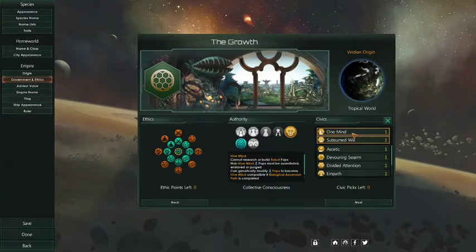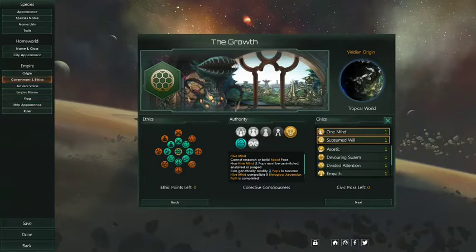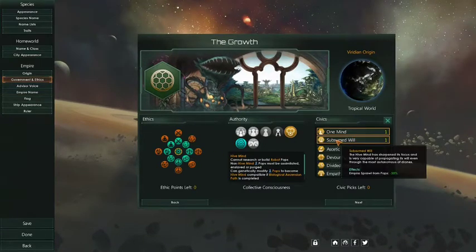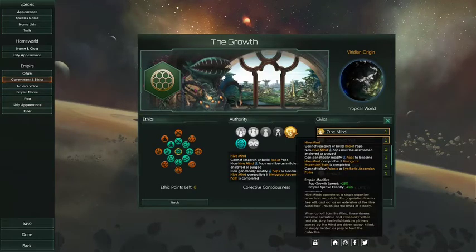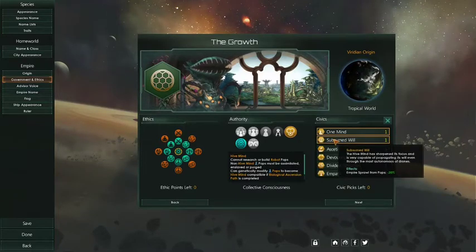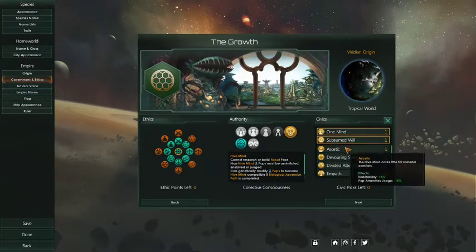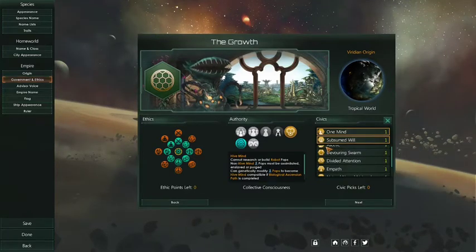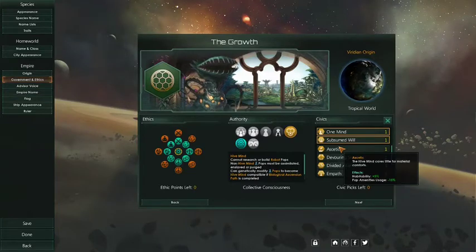Alright, and then for the civics I went with One Mind, because of the monthly unity, which is really important if you're going to go for an ascendancy victory. And then Subsumed Will, Empire Sprawl from Pops minus 20% on top of the... oh no, that's the penalty. So we're going to get that penalty less, especially since we're going to have so many Pops. Later, this ascetic will be key. With more habitability and more Pop amenities, it is